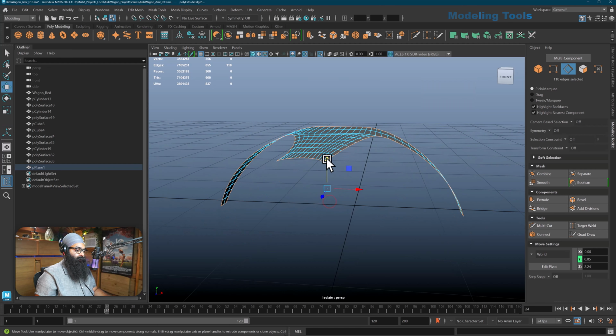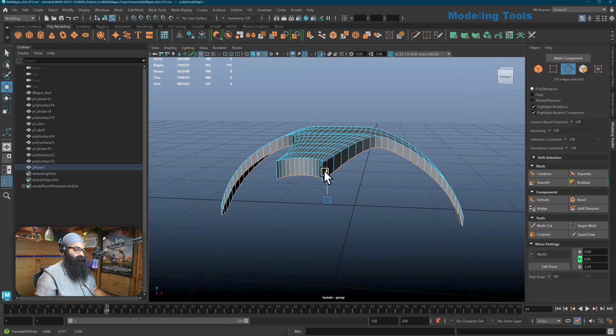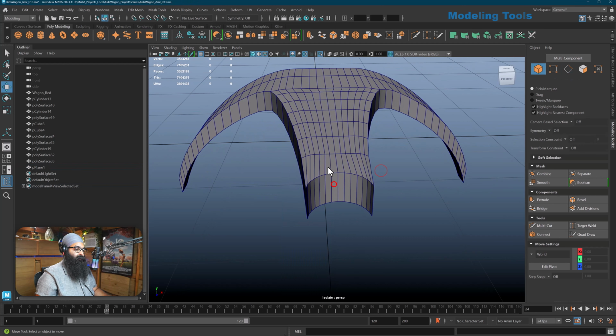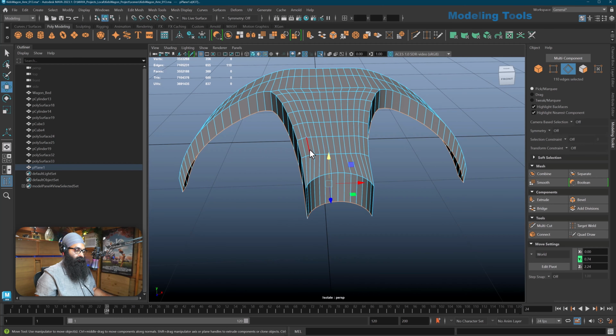Now by hitting W, I still extruded. So all I have to do is push it down. Now how much is based on how much it looks in the reference. And I need to reduce this number of edges here. So how I can go about that is going to be,